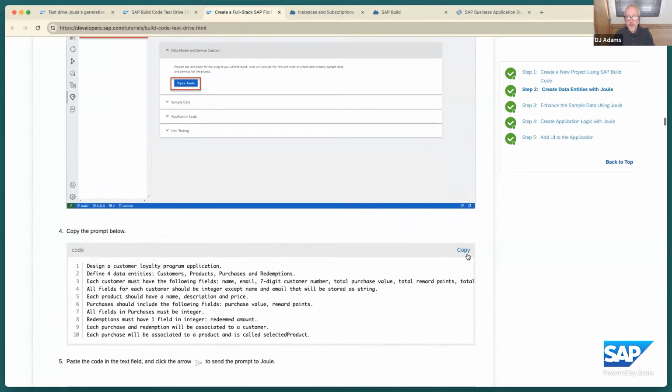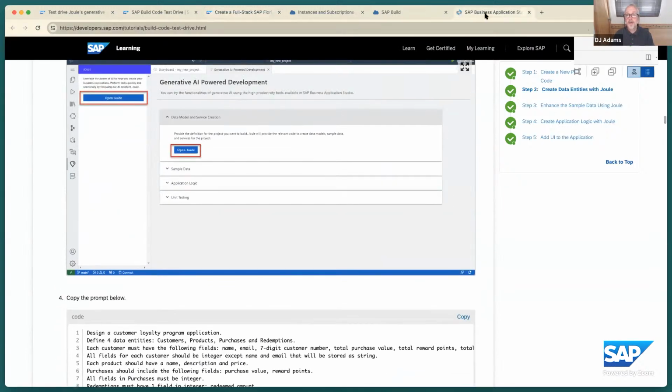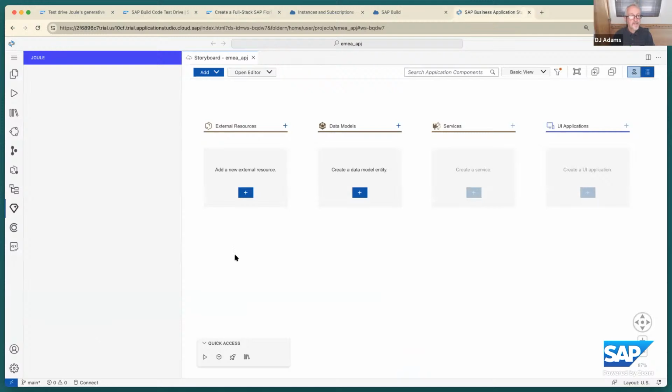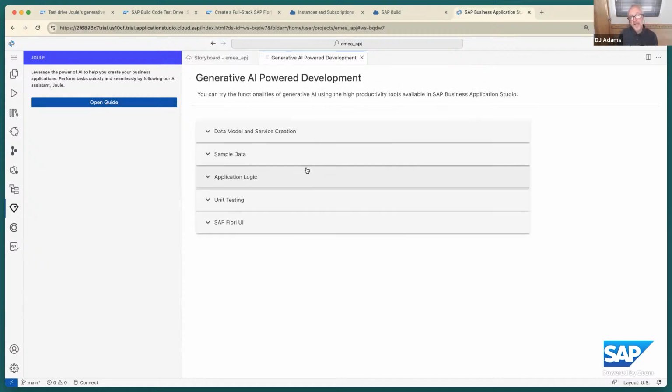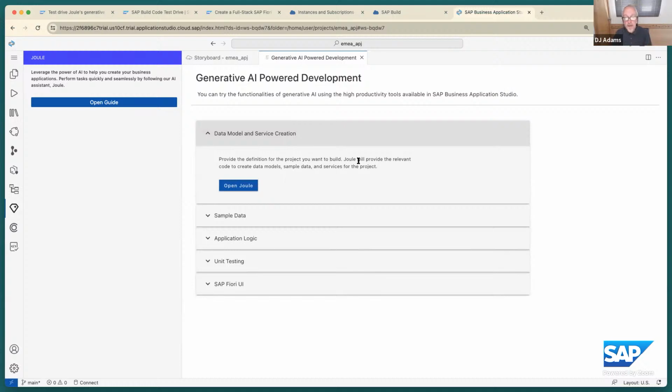And this is what you may have done. I'm going to copy this here while I'm here, and what is this? This brings up access to this generative AI guide, and as you can see here, we have different stages in the development process. Logically, my brain sees this in exactly the order that this is presented, right? With first of all, think about a data model and services. So we're building the overall CDS model. So what we're going to get out of here is the data models and some sample data and services.